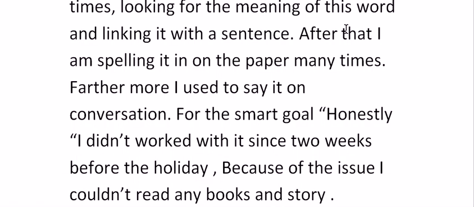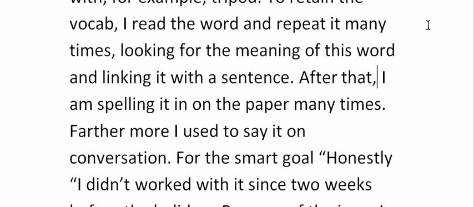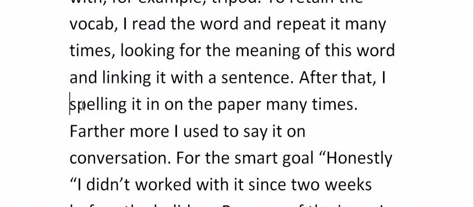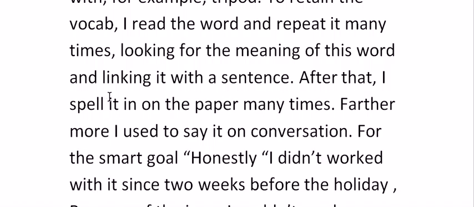Let's move on. After that, I'm spelling it on the paper. After that, comma. Now we're still talking about, let's go back a little bit. She says here, I read the word, I repeat. And then all of a sudden it's, I'm spelling. I don't know why. It's still something she does all the time. It's a habit. So I spell it